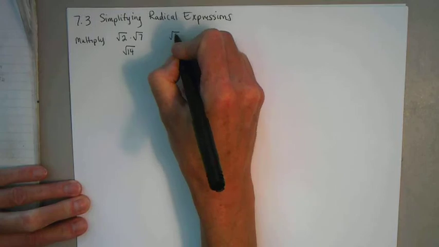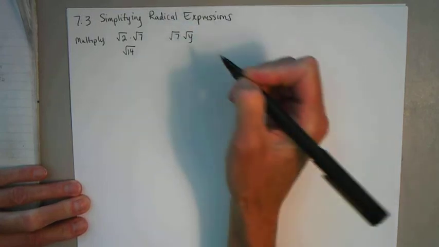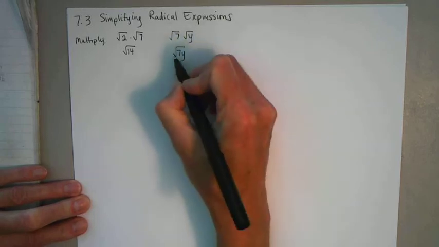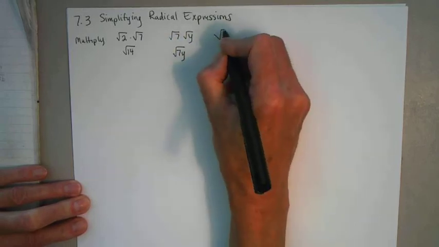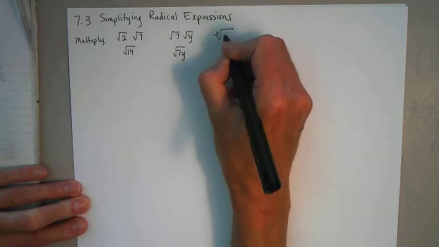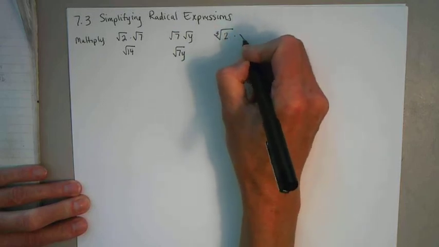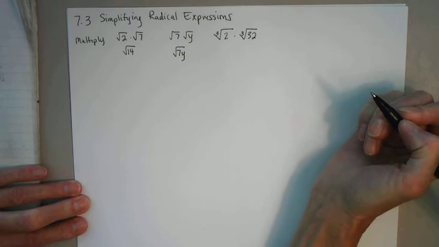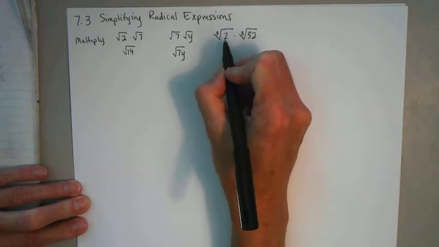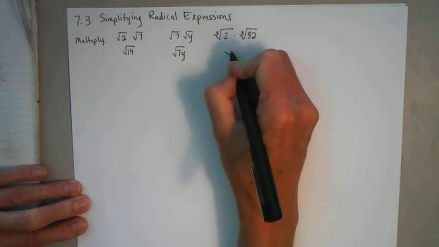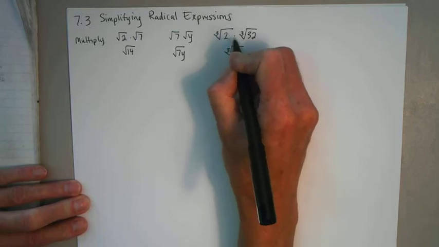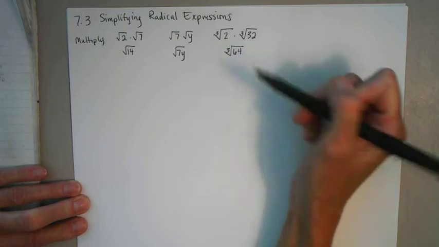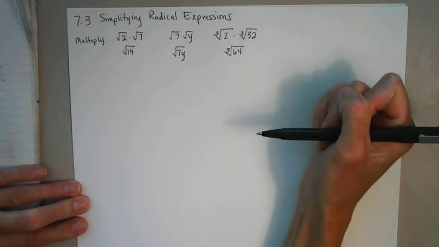The same is true if you happen to have a variable. So I could multiply those, and just like always, there's 7y. That's true even if it's not a square root, if it's a cube root or a fourth root or anything else. So for example, if I had the cube root of 2 times 32, my answer stays in the cube root, and 2 times 32 is 64, and then I might notice that's a perfect cube, because 4 times 4